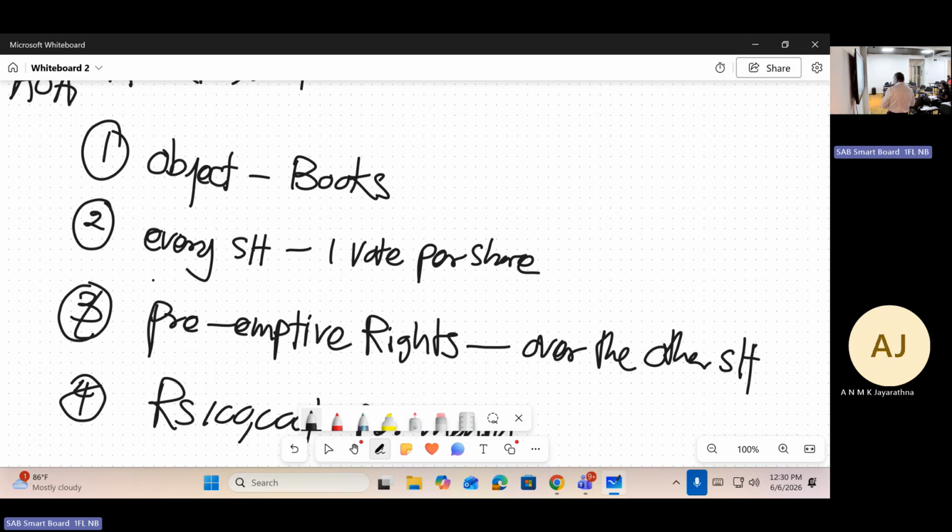Every director, it is related to directors. Every director is entitled to receive 100,000 rupees salary per month. So these are the provisions contained in the articles. Now, another provision we can include